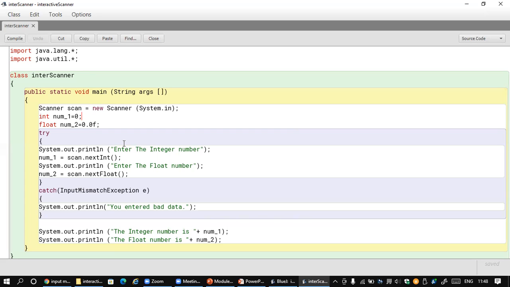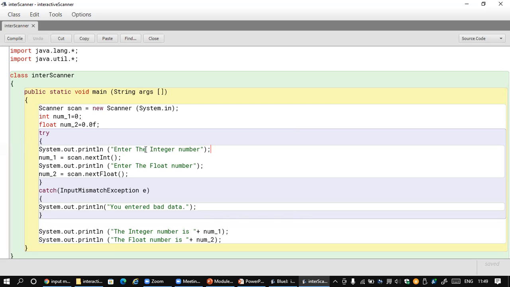Then there is a try block over here, because for the exception handling mechanism we have this. A try block will try to hit the exception whenever the user tries to give an invalid token. What we expect from the user is a correct integer and a correct float value. So we enclose the statement receiving the input from the user inside the try block. And here we have a statement to display on the screen so that the user will be ready to enter the values.